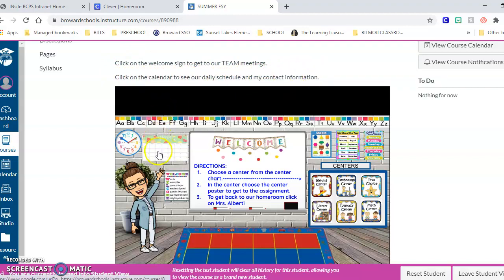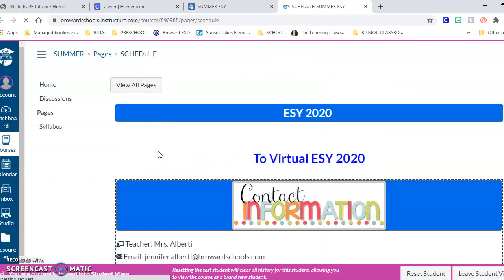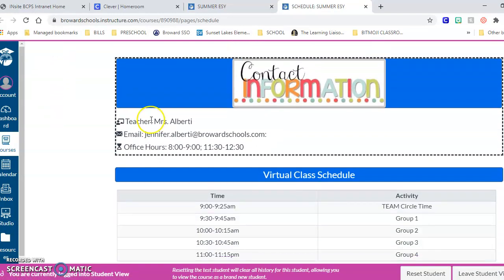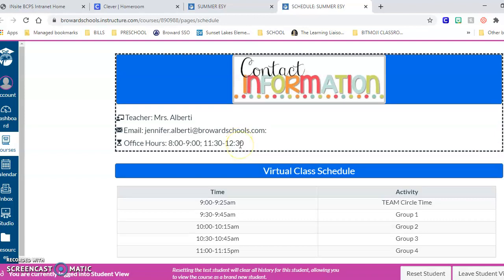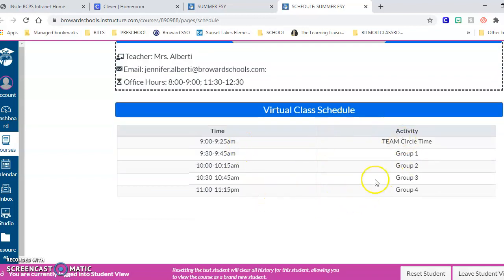So we'll click on the calendar first, and it will show you my contact information. Again, my name is Mrs. Alberti. That's my email address, and my office hours are from 8 to 9, and then again from 11:30 to 12:30. This is just kind of a very simple schedule, and I didn't put any kids into groups yet because